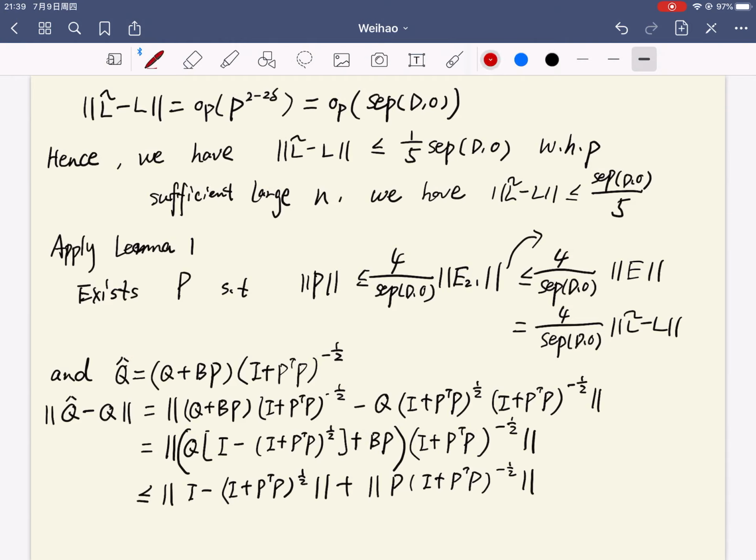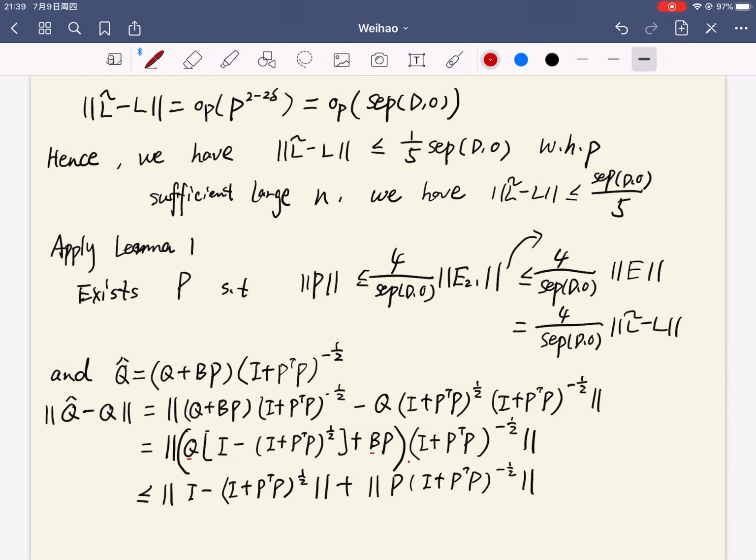Here, we use several properties of matrices Q and B because they are part of a unitary matrix. We use first the unitary invariant property, and next